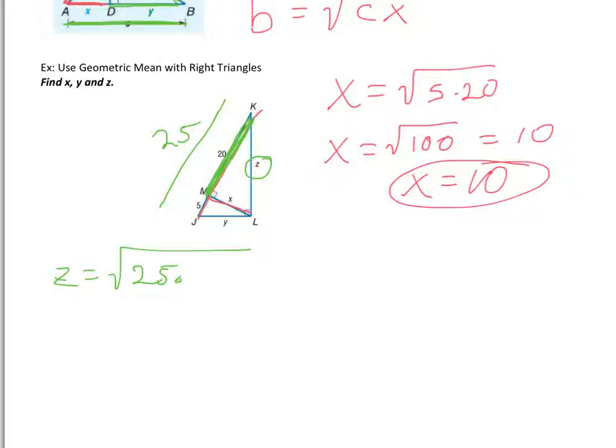So 25 times 20. What we get there is 500. And the square root of 500